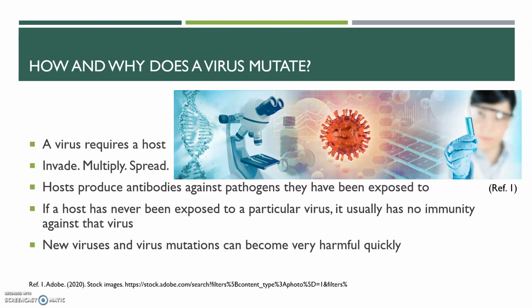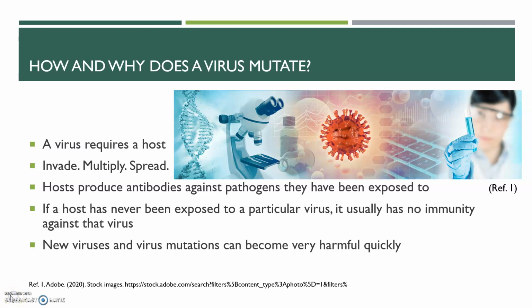We'll talk about immune systems a little bit later. Second, they need to multiply. They need to start growing and spreading throughout their host, maybe taking over some of their cells and ultimately getting stronger. And lastly, they need to spread to other hosts around them. Characteristics that help a virus do its job, these three things, invade a host, multiply, and spread, tend to be kept from one mutation to another. But characteristics that make it difficult for a virus to spread to another host tend to be lost in these mutations.